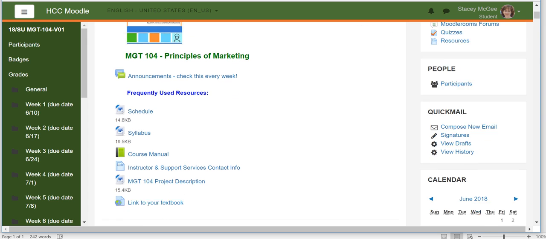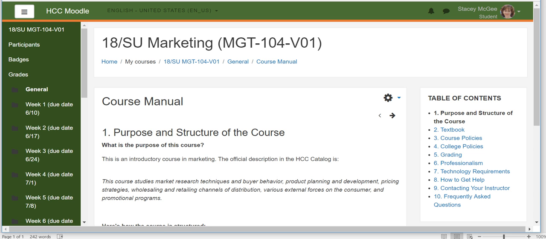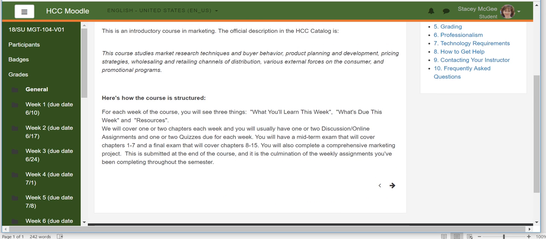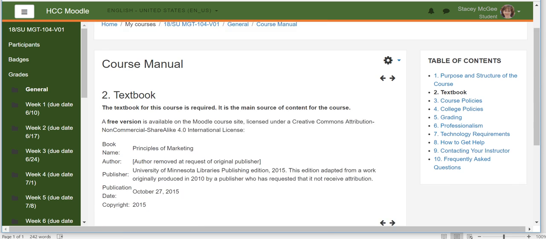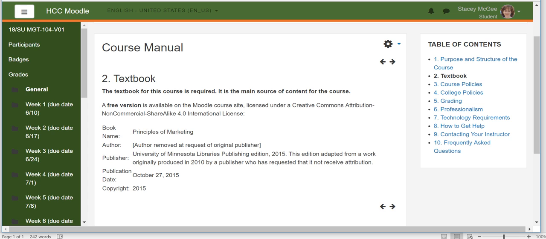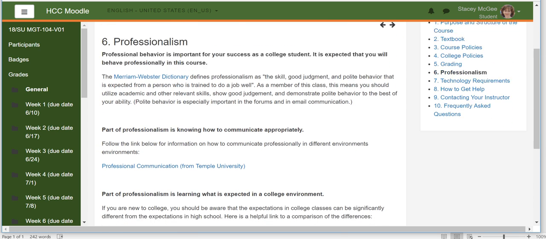The other thing I wanted to show you here is the course manual. Hopefully you took a look at this because this really answers most of the questions. So questions about the textbook, which is a free version of a paid textbook. It's an open resource book, which means you're allowed to make copies. And so the University of Minnesota has this nice copy here. I have a link for that. Some of these other things over here are straight off of the syllabus there. Professionalism, this is also important.